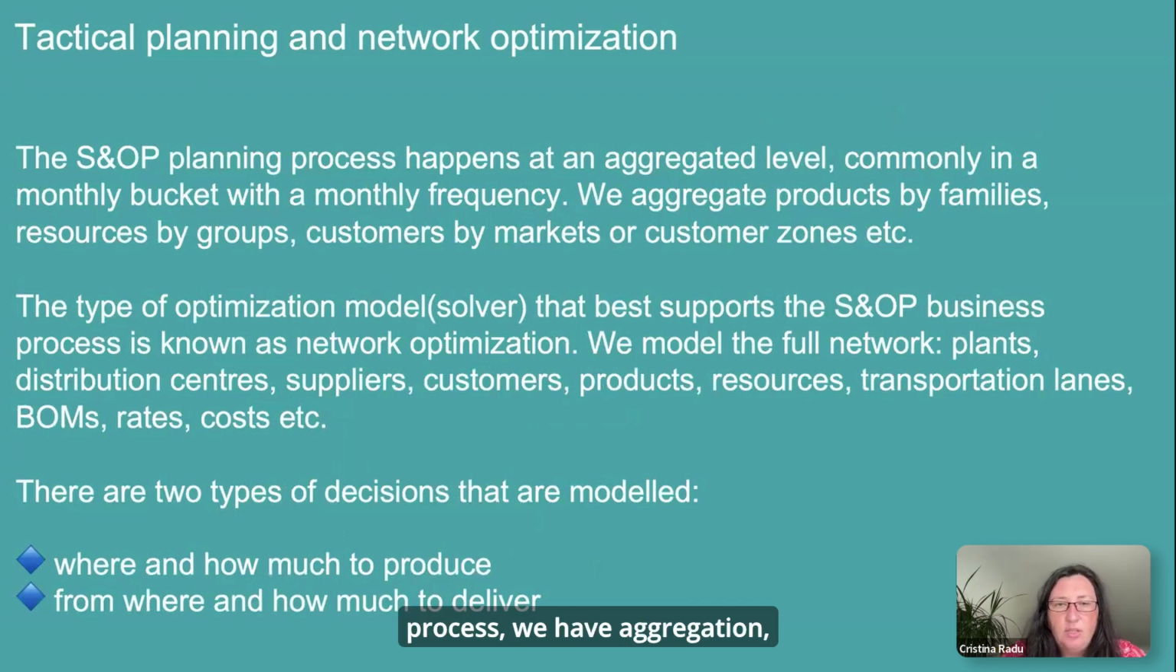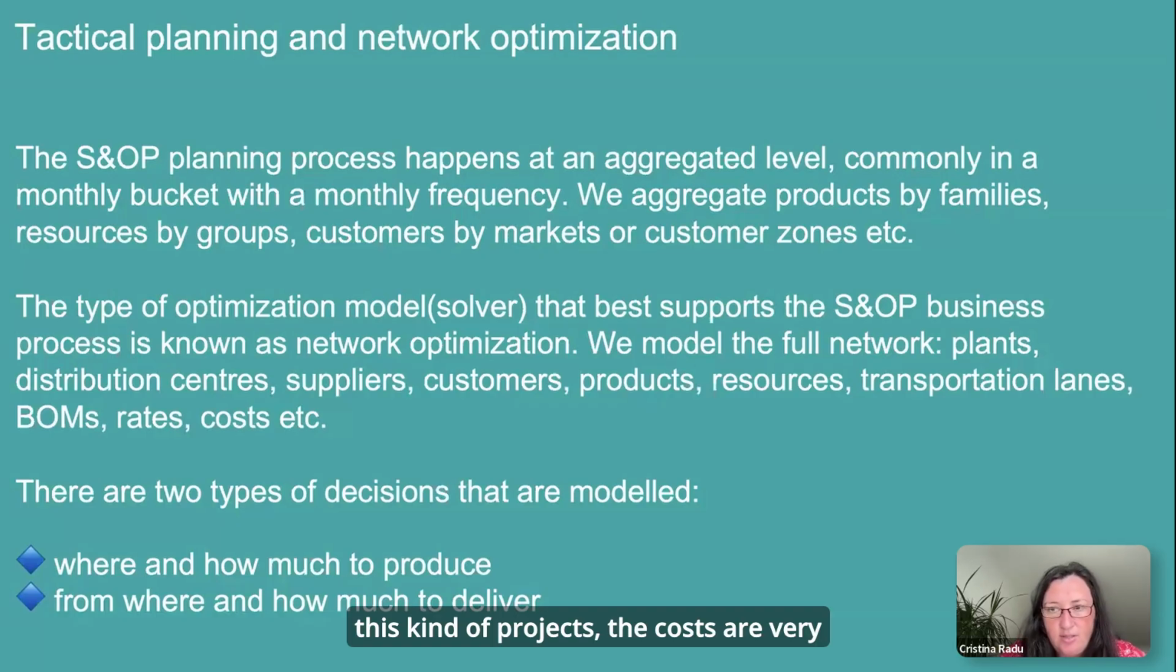Also in the S&OP process, we have aggregation because we don't need the details of SKU level, resource level, and it's usually monthly buckets. Customers are also aggregated. And the solver used to model the S&OP process is the network optimization. So you model the full network, the plants, the distribution centers, suppliers, customers, and so on. Also here you need to pay attention to aggregating BOMs, rates, transportation,